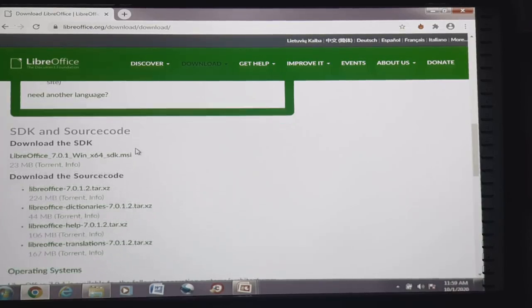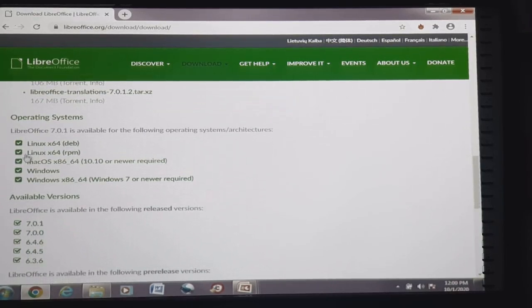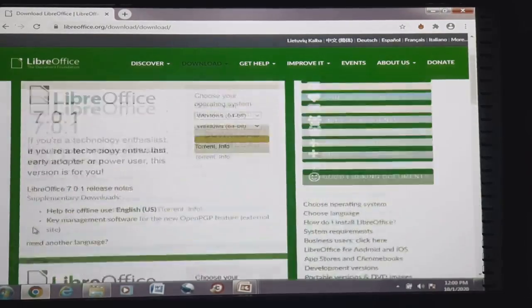Instead we will stick to the first version. It is available for Linux 64, Debian, RPM, Mac OS, and Windows x86 as well as 64. The latest release version is 7.0.1, so we will be going ahead with this version only.